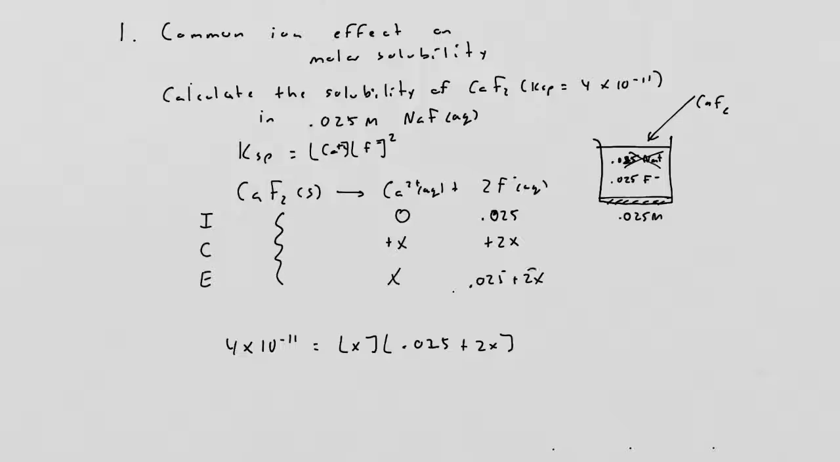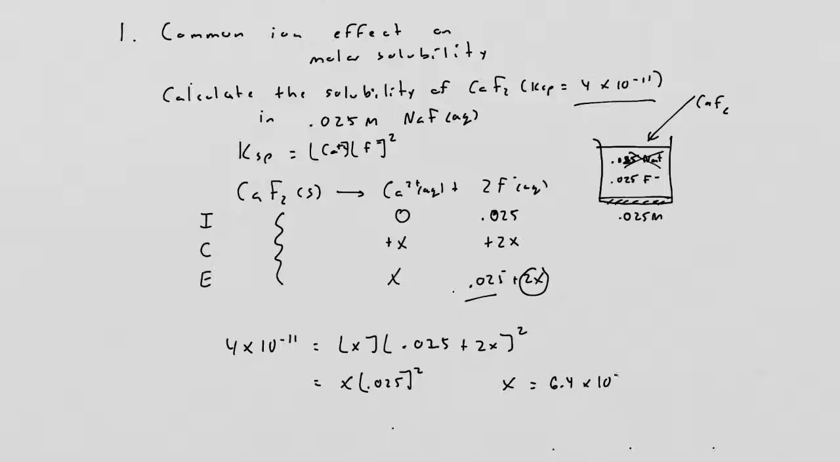But I'm going to assume that, compared to how much is already in there, considering how small this KSP value is, the amount of extra fluoride ions that are going to be added to the 0.025 is going to be negligible, or at least less than 5%. So when I do the math here, this number is equal to X times basically 0.025. I forgot the second power there. Second power. Okay, and when I solve for X, what I get as a value here is 6.4